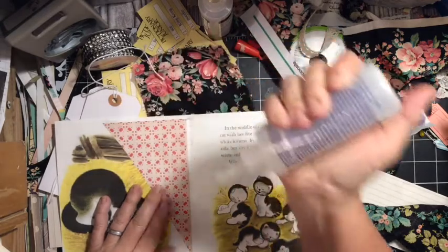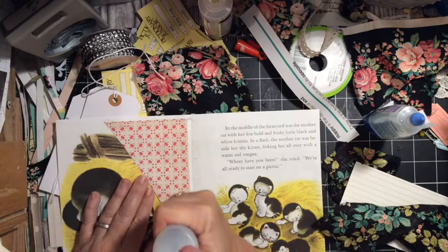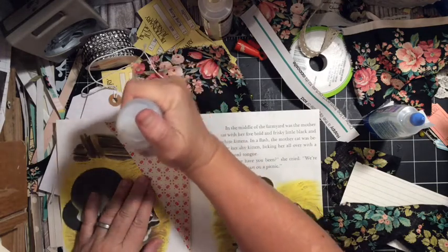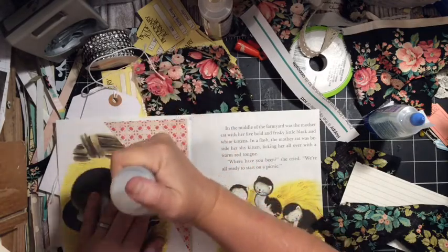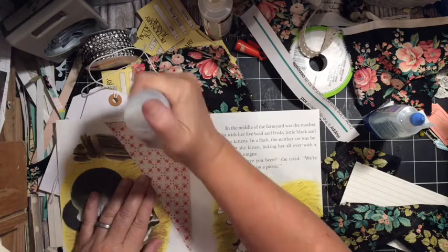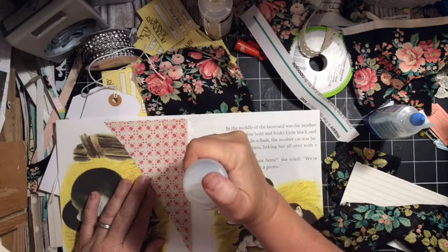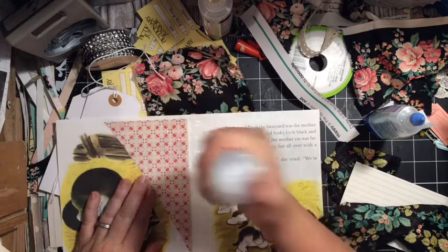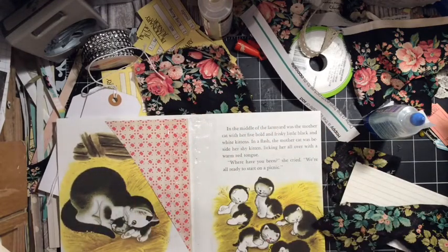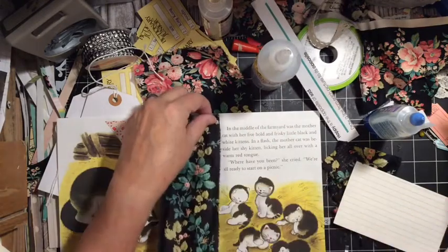Okay, so that takes care of up against the spine. We're going to come over here on this triangle, and we're going to put our fabric down on this triangle. Now you could leave it open and have another pocket up on top, but I think we're going to be good on pockets. We're going to come across here and down and across. We're going to close that off. Then we're going to come across down here and across down here. And now let's go ahead and add our